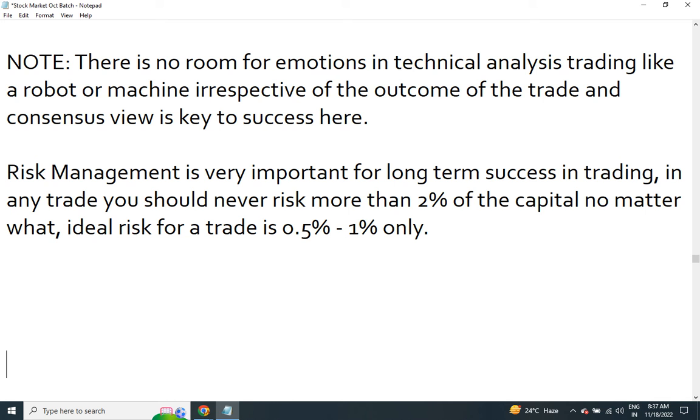First do paper trading. There's no hurry to make money. We have the entire life to live. The market is not going to go anywhere. Even after we die, the market will run. So 1, 2 days, 1 week, 2 weeks, 1 month, doesn't matter. Do only paper trading. So this is the pattern I got. In case I had money, I would have invested 10,000 in this trade. I would have invested 5,000 in this trade. This would be my stop loss. This would be my target.